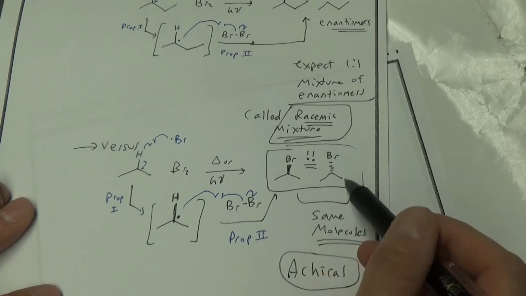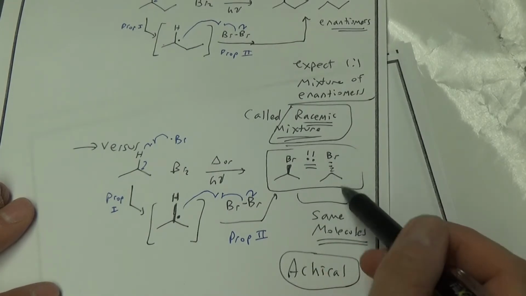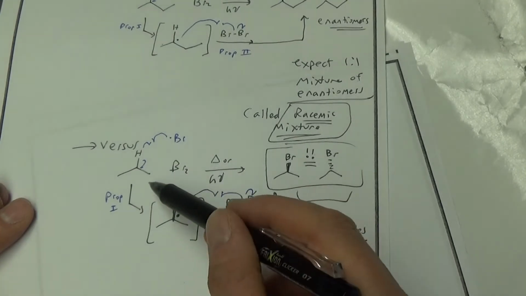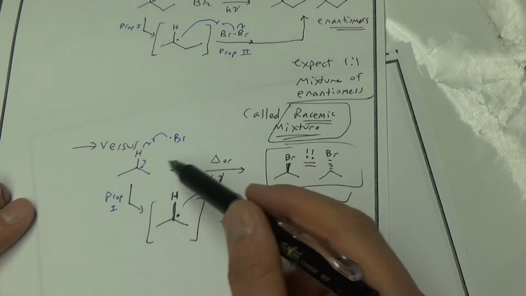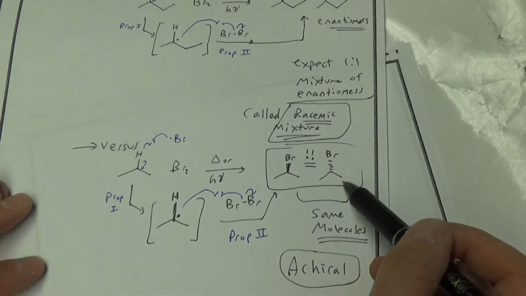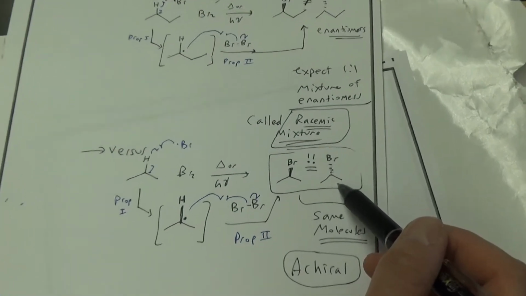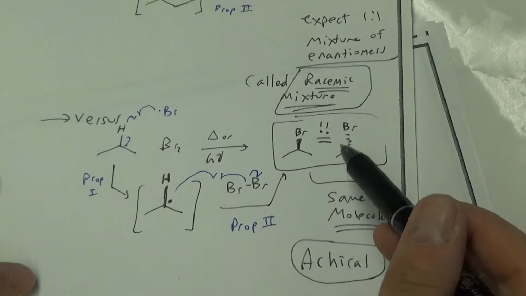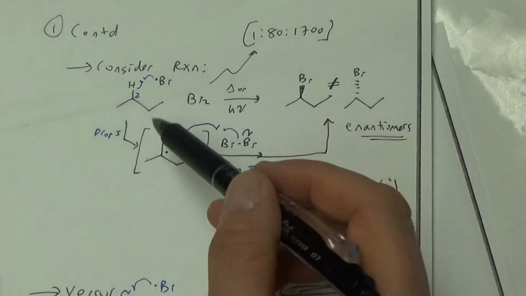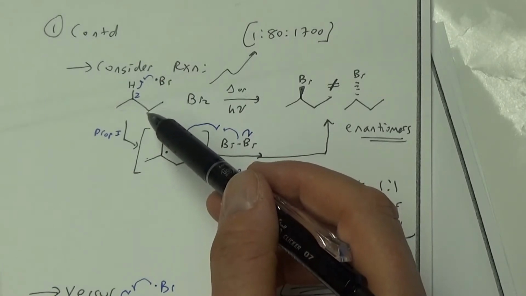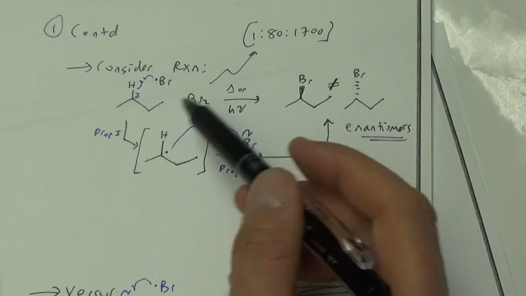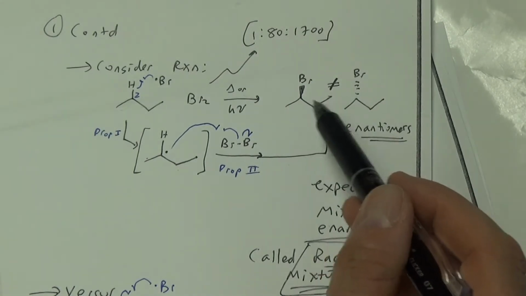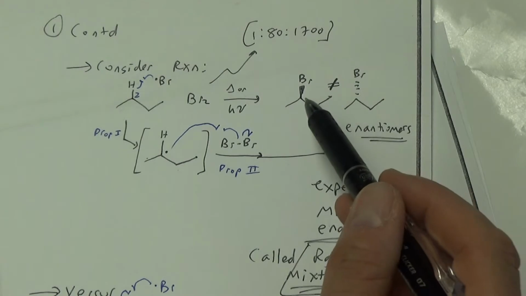in this case, because you weren't making any chiral centers, you went from a molecule with no chiral centers, achiral, to a product with no chiral centers, and that, of course, is a single product. It's achiral. Whereas up top we started with something that was achiral, but these are definitely chiral molecules because they have chiral centers. When you made this mixture of molecules, they have a chiral center,